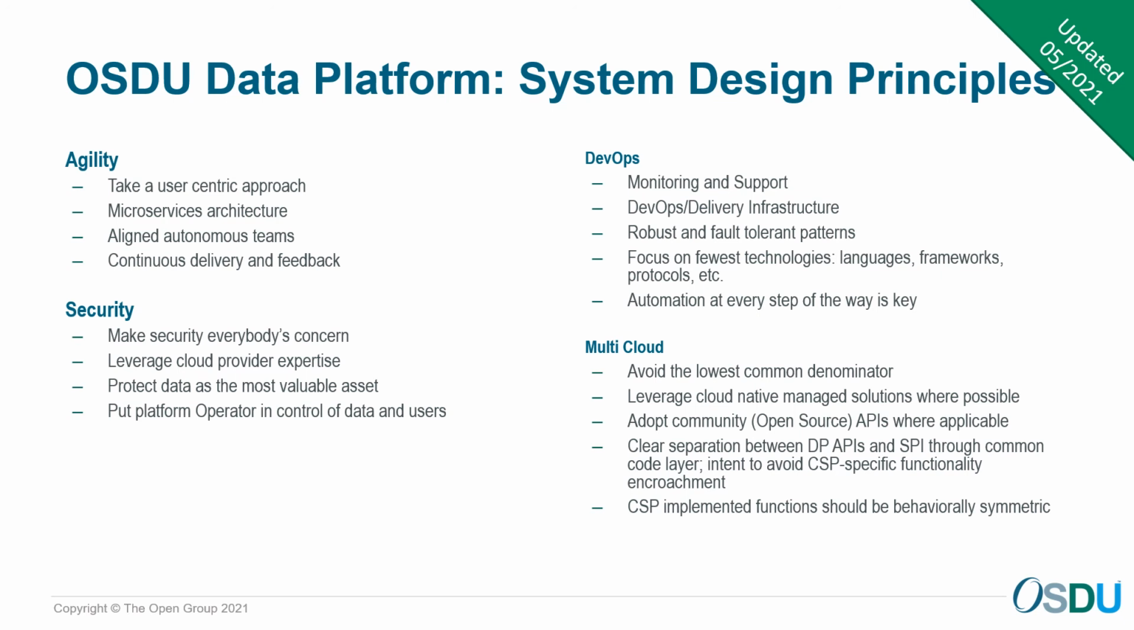There is an area around DevOps itself. So monitoring and support is important for the platform. This is a platform. It's intended to be deployed in an enterprise environment. It's expected to have multiple nines of reliability, which means that you have to be monitoring it constantly to determine whether it's performing properly. The DevOps delivery infrastructure, again, it's continuous delivery, continuous